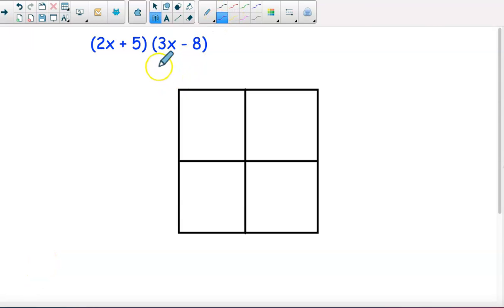Okay, you can write any of this expression. I can write 2x plus 5 on the top or on this side, horizontal. So let us just write it down here. That is 2x plus 5. On the top I'm giving this space for 2x and the next for 5. Then this is for 3x and minus 8. And let us fill in the boxes